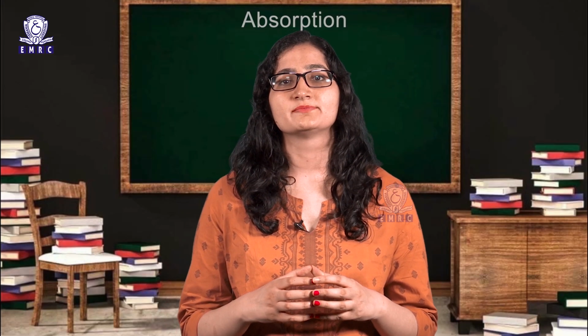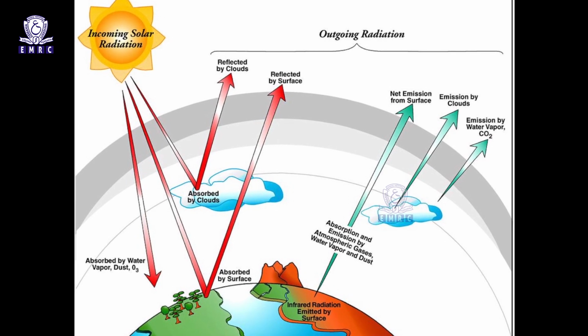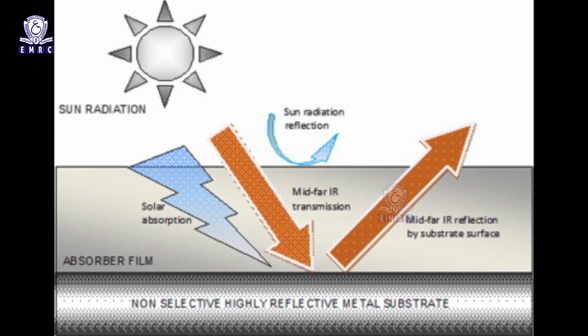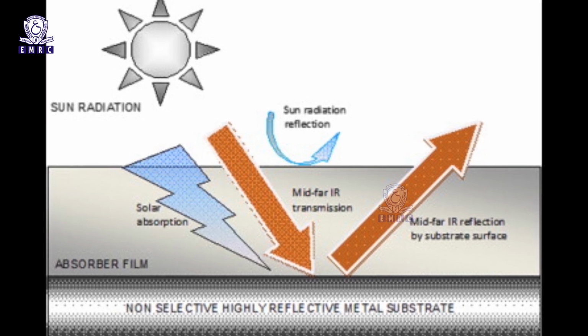Absorption has been defined as a process in which the incident radiation is retained by a substance and is irreversibly converted to some other form of energy. There is a certain amount of radiant energy loss by the process of absorption in the atmosphere. It may be pointed out that the gases do not play a very significant role since they are selective absorbers.